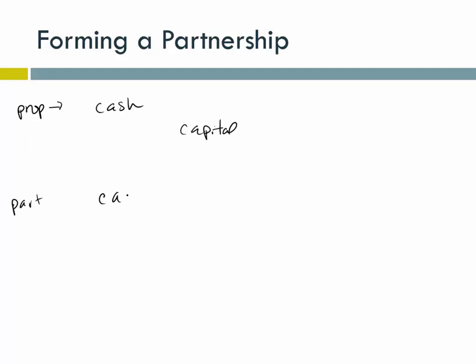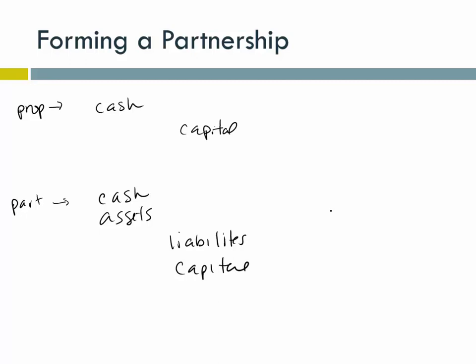We'll debit cash or other assets if they can bring a building or something like that. They might also be bringing liabilities along, so we would credit the liabilities, and the difference would be the capital. So for each owner, we would have this same type of thing, and the assets they brought along minus the liabilities would equal the capital they would have in the business. And then, if I have 3 partners, I might have 3 entries like this to form the partnership, but then on the balance sheet, they would all be combined. So it's not the cash that partner A brought and the cash that partner B brought separate. It's all lumped together into one